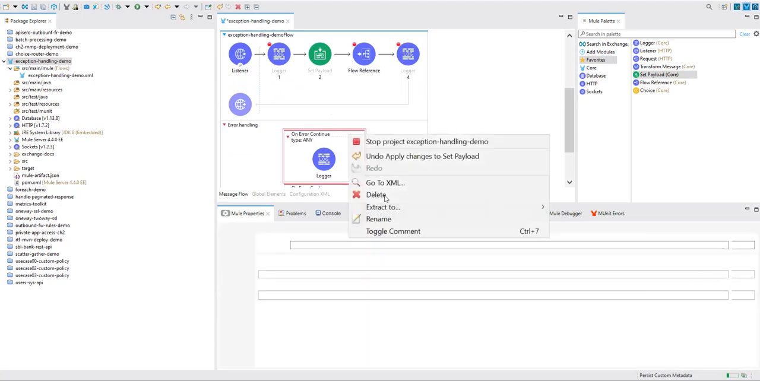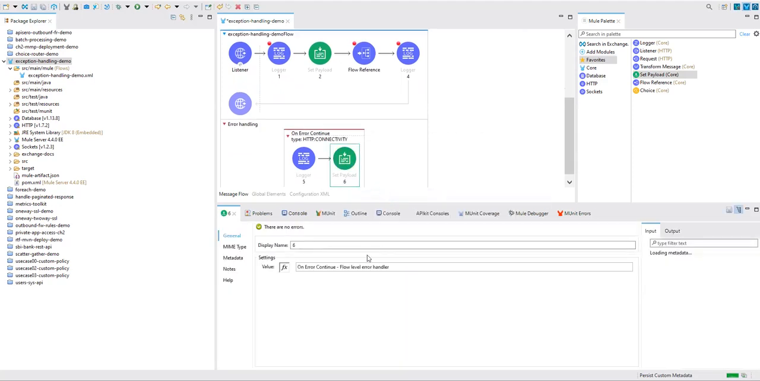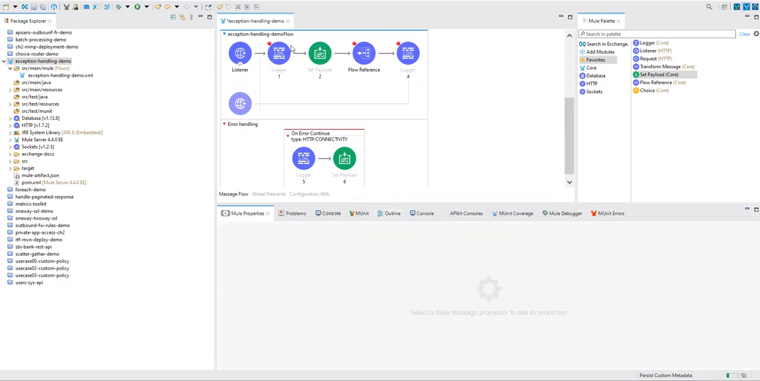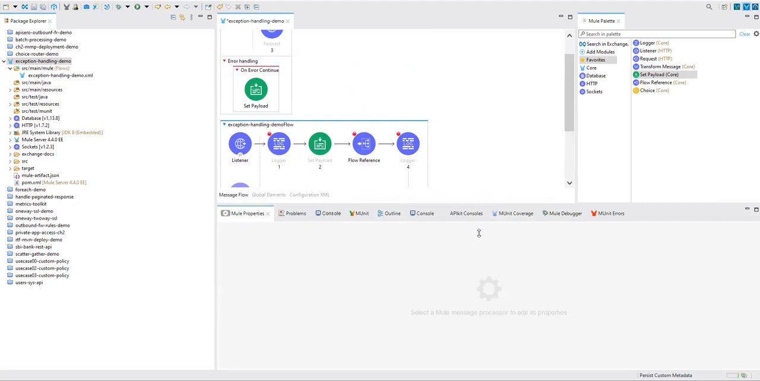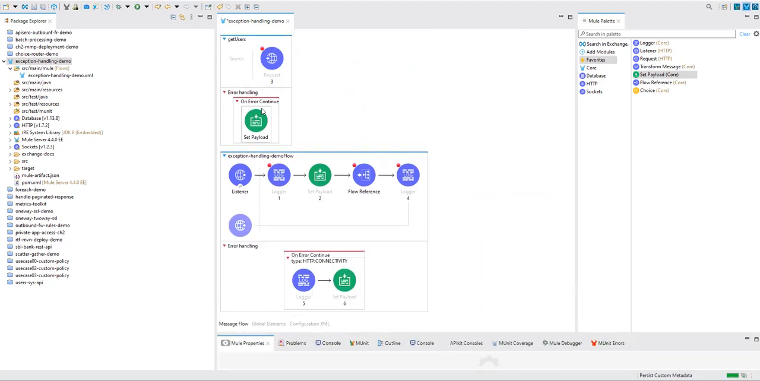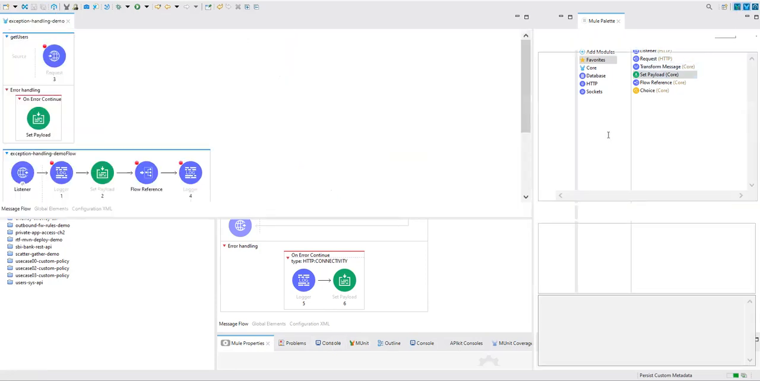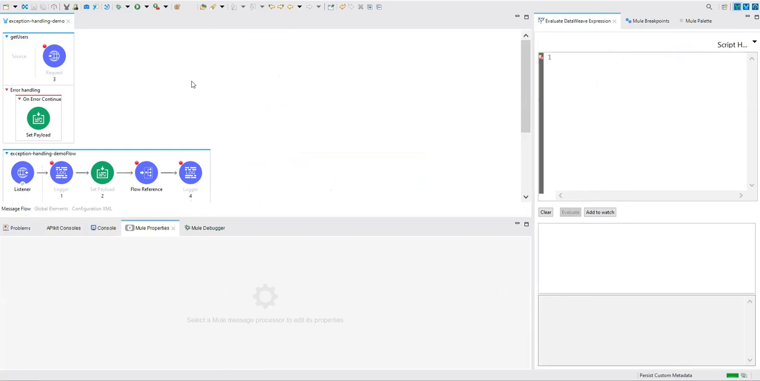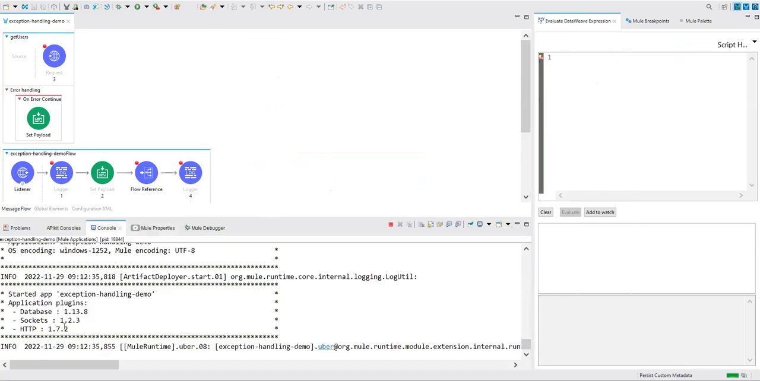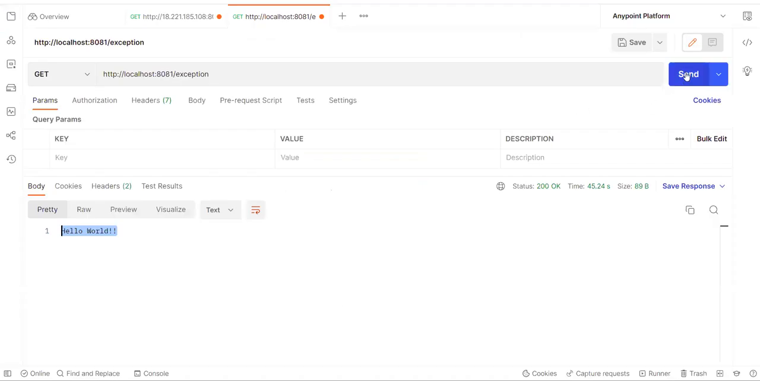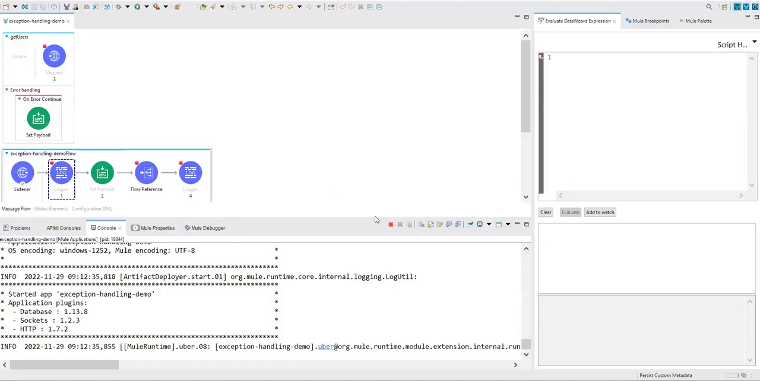Now we are okay with this. We'll delete this. Now here I say parent flow level error handler. Clear scenario? Yes. Both cases we have on error continue. Okay. Now save everything. Let's go to the Mule debug mode. It's deployed. Let's go ahead, send, come back to the flow,